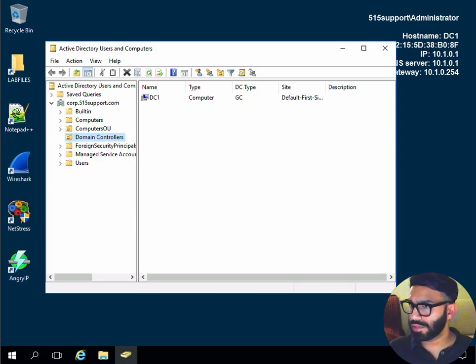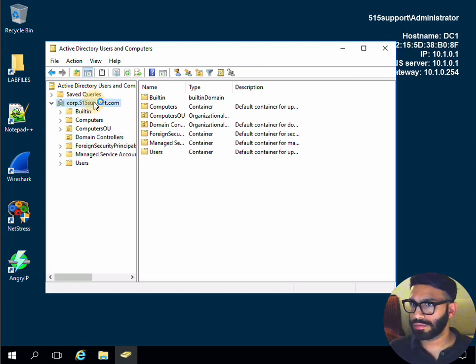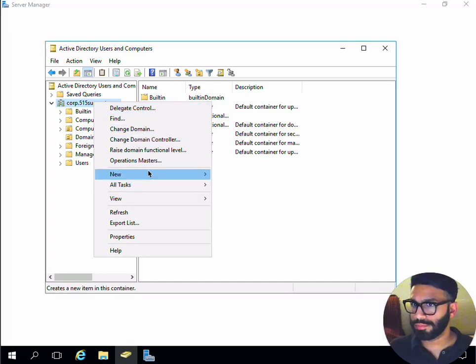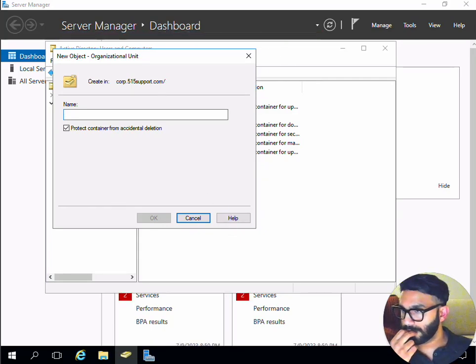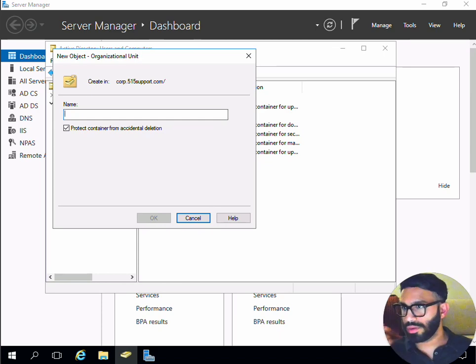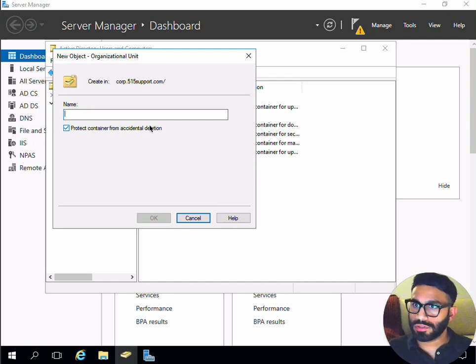Okay, and inside of here we want to locate Corp 515. We want to create a new organizational unit. It's still loading up. But yeah, we can think of this OU as a logical folder inside of which we can administer policies for our users and groups and henceforth. So we'll call this temps OU,